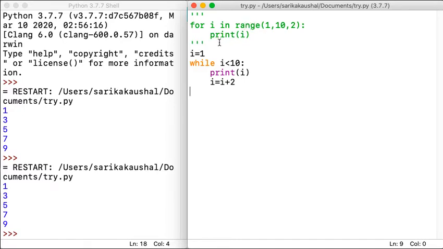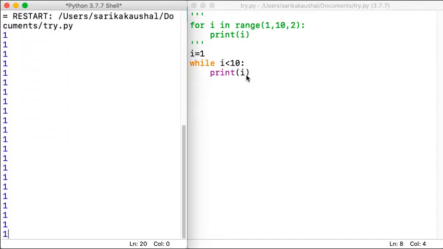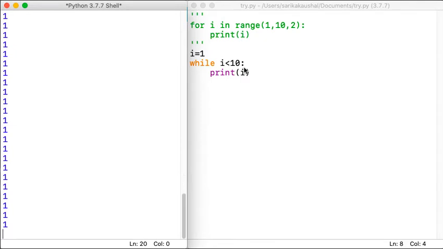I told you in the beginning that a for loop can never come into an endless kind of situation. Say for example, I'm starting with 1 and ending with 10, and I forget to increment. Now what is going to happen? Then I will end up in an endless loop, and this will keep on continuing. You can see it yourself. So with for you can never come into this kind of situation, but with while you can.